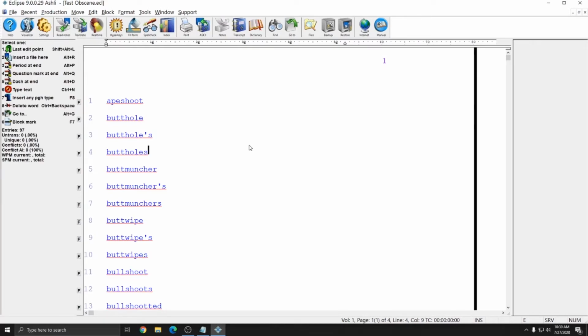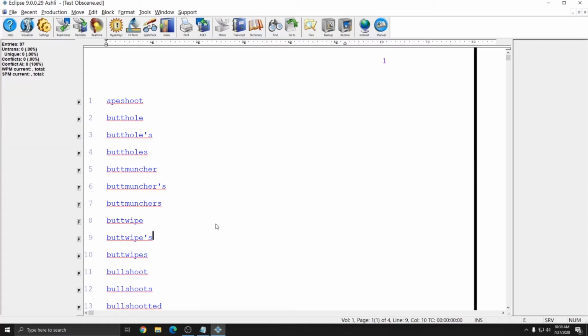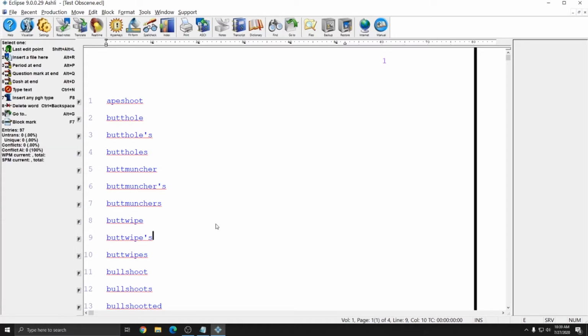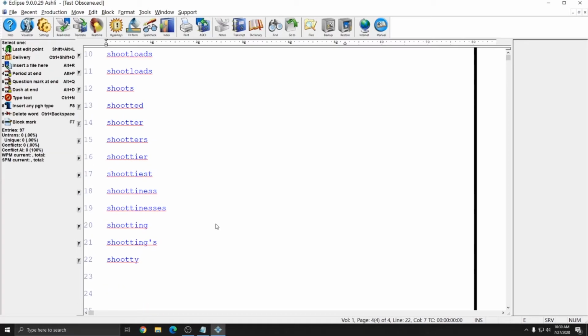To add additional words that are not included in the obscene word list, if there are additional words you want to add, you can type them in directly into your user.esd file. It's simply one word per line. Or you can type them into a document in Eclipse, and you can add them manually to your ESD that way. For that, what you want to do is type in a correctly spelled word,